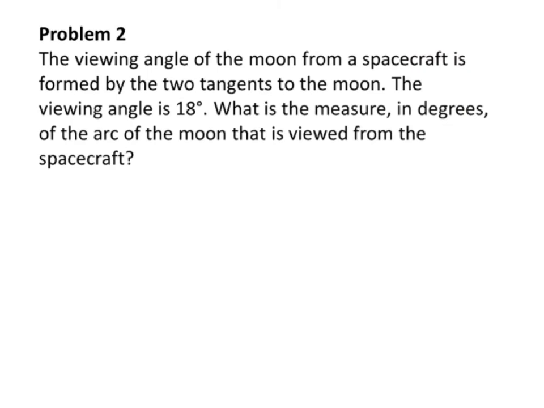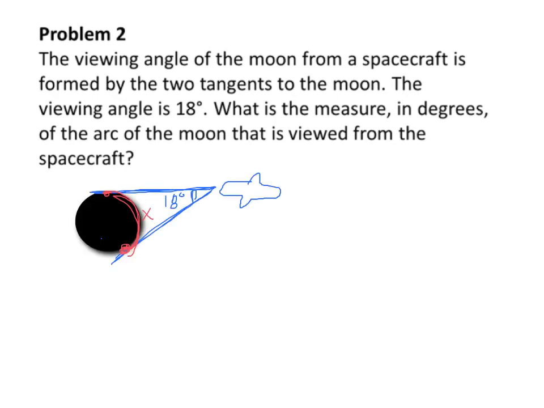Here's a word problem. First, right now, pause the video and read it out loud. Here's my beautiful picture that I drew in representation of this word problem. The viewing angle from the spacecraft is 18 degrees. It's asking what's the arc of the moon that you can see. However, if you look at this picture, I do not have everything I need. Yes, I do, because from this point to this point, I also have a measurement. If this red arc is x, that means the green arc has to be 360 minus x,